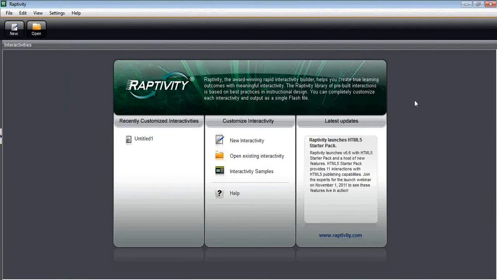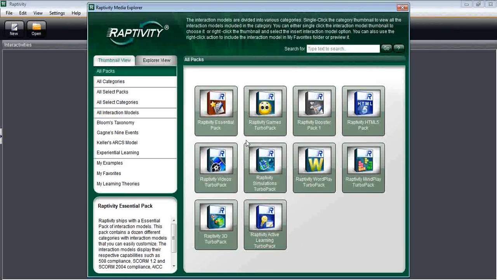But when you open your own license of it or when you open your evaluation version, this is exactly what you'll see. And we're going to go ahead and select New Interactivity. And very briefly, for those of you who are new to Raptivity, let me give you a brief overview of what we're seeing here, just so you're familiar with it when you do start working with it